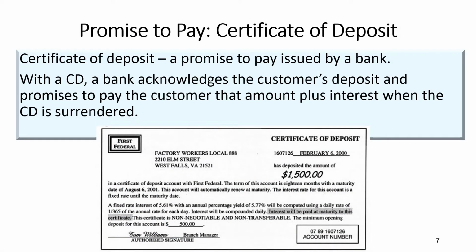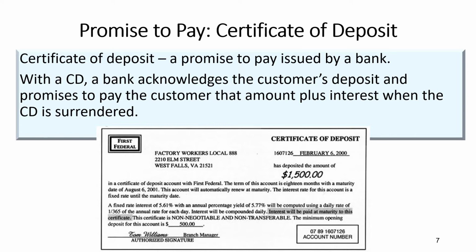Here's our second type of promise to pay, a certificate of deposit. A certificate of deposit is a promise to pay that's issued by a bank. With a CD, an individual goes in and deposits their money in the bank, and the bank promises to pay that money back to the customer with interest. So the bank is paying you to use your money. So if we look at this example,